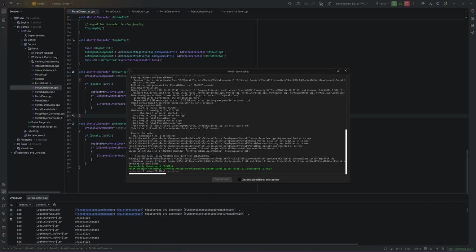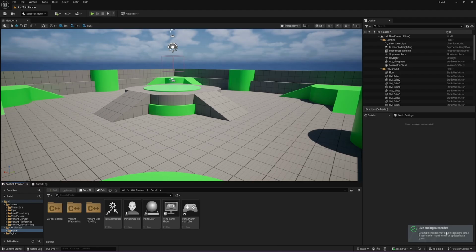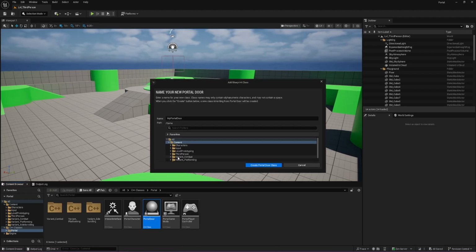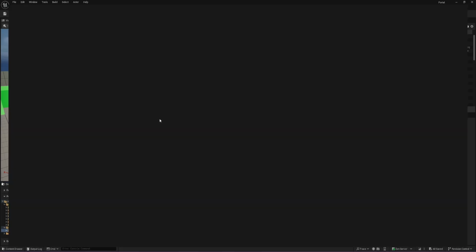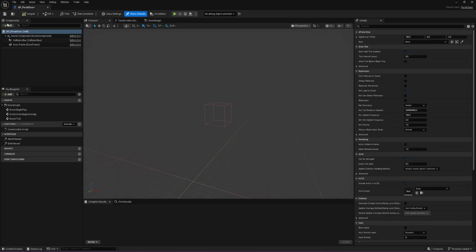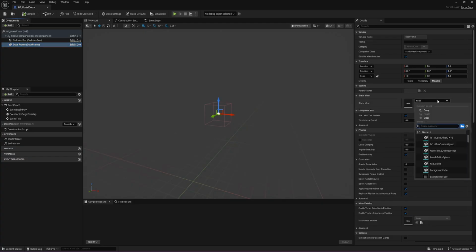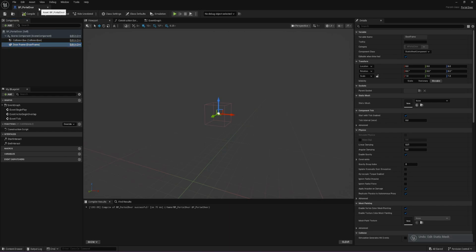So let's live code. Live code was successful, as you can see at the bottom right here. Now let's create the portal door. Create blueprint, call it BP portal door, and let's create this now. So what I would like for the door, do we have door frame? I don't know if we do. We've got a door frame. No, we don't. So really quick,